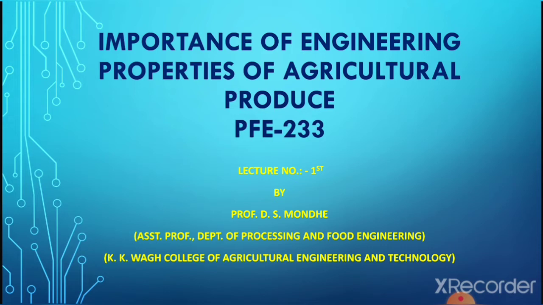So this lecture is from the course Engineering Properties of Agricultural Produce, having course number PAP 233 and credit 1+1, from semester 3 of the second year BTech. So starting with the first slide,